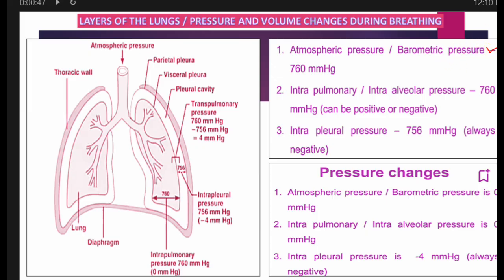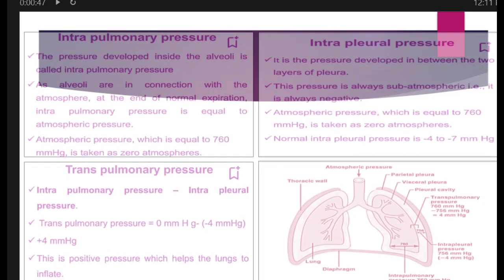Atmospheric pressure is also known as the barometric pressure. Number 2 is the intrapulmonary pressure. Some authorities call this pressure the alveolar pressure. Number 3 is the intrapleural pressure. Number 4